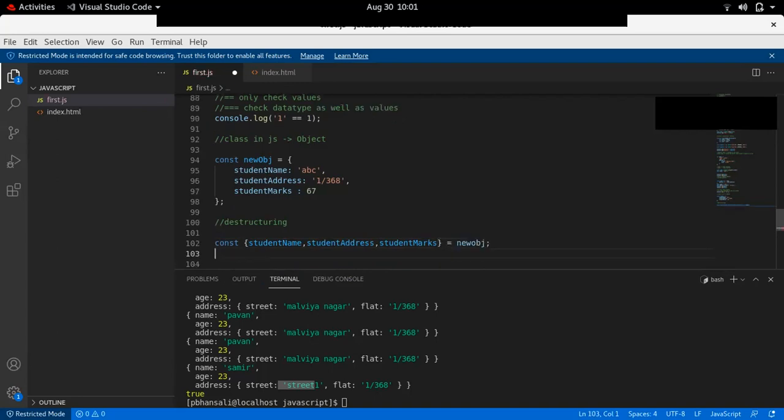Now there are three variables created. One is student name, whose value is ABC, student address, whose value is 1/368, and student marks, which is equal to 67. Perfect. Now if I console log any of them, you will see the values.